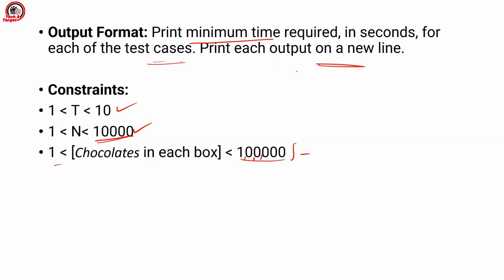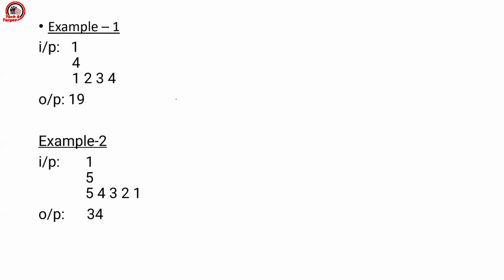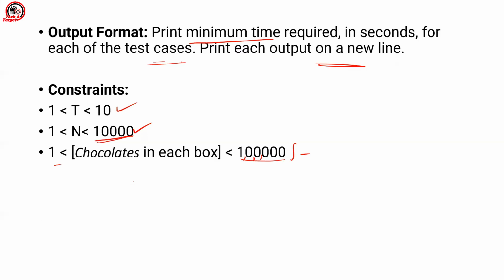Now, after this, they have given some example test cases, and we will understand them. But before that, I want you to learn how to think of solving this kind of problem. The first thing you have to make sure of is to see what you have to find out. You have to first observe what the question is asking you to do. The question is asking you to print the minimum time required. Now there is one most important keyword here, which is minimum, right? This is the most important thing here.